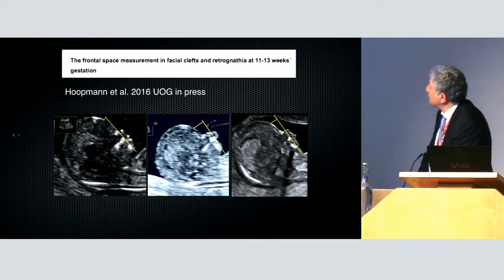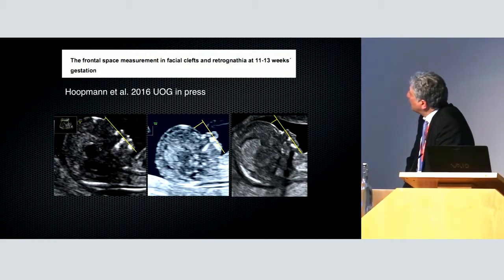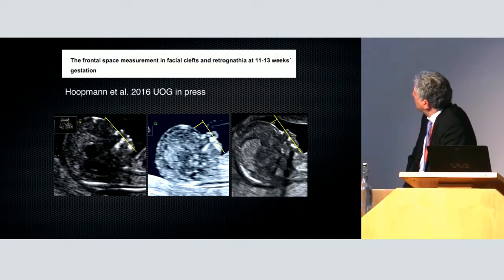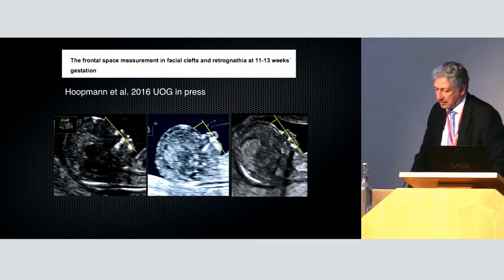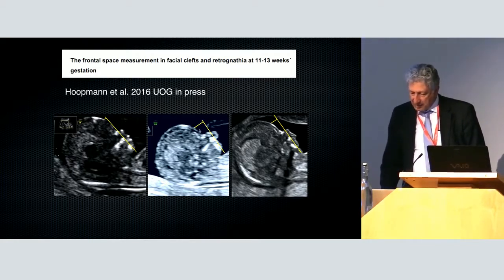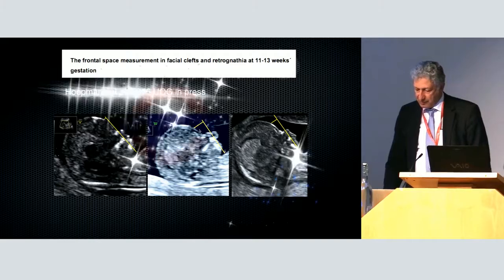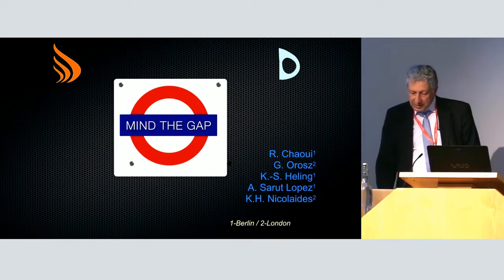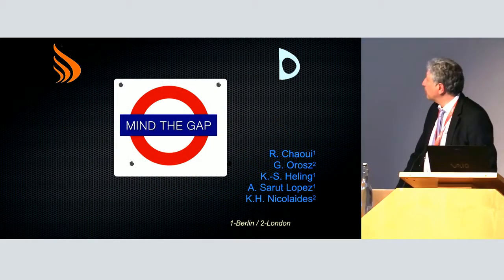So this is the paper published by Hoffman and a co-worker. And see, they draw a line and measure here, and you see in micrognathia the distance is larger, and in other cases, especially in cleft palate, it's also anteriorly shifted. Now I come to the second part of my talk, and the longer part,